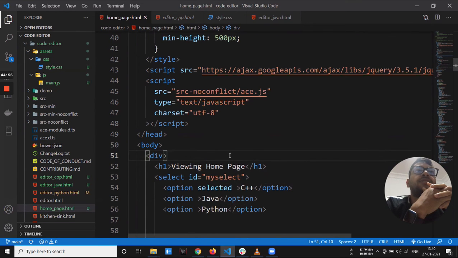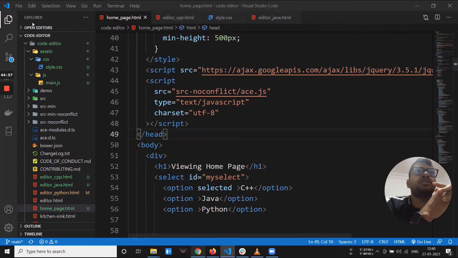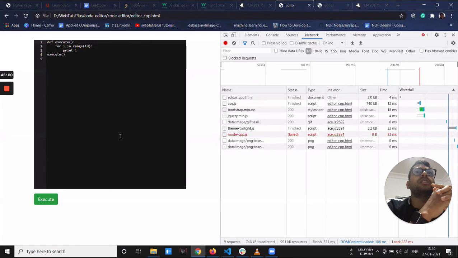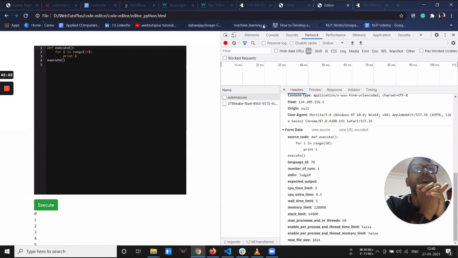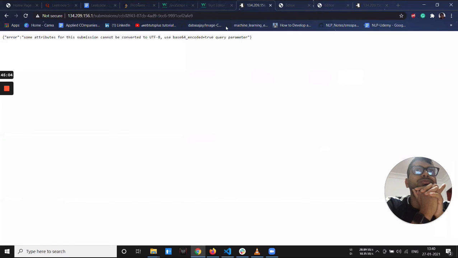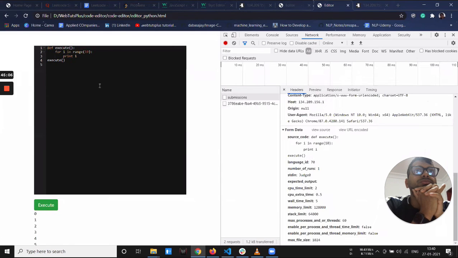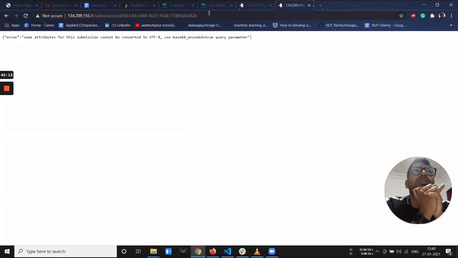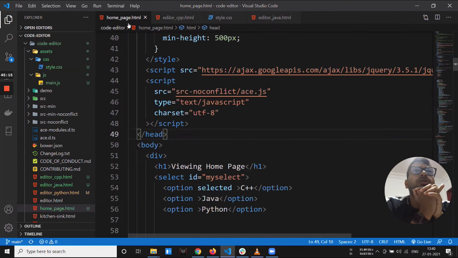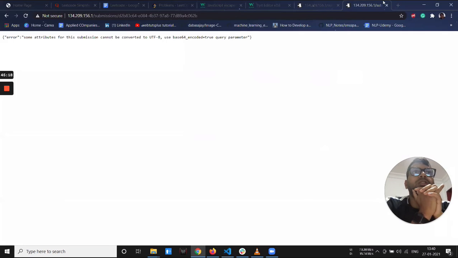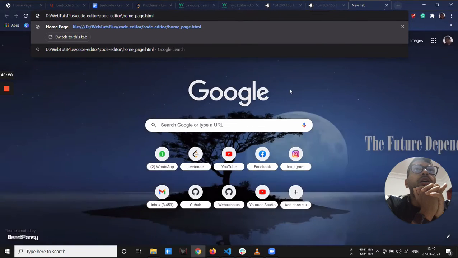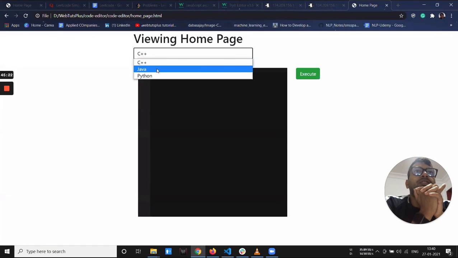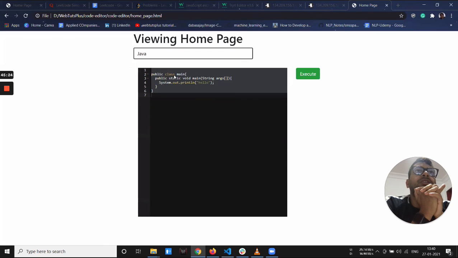And now let's see if the code still works after removing this method, CPP and Python code. The editor, Python. No, your code where you select, the home page. Yes. Now let's see if Python is still working after you change the code.